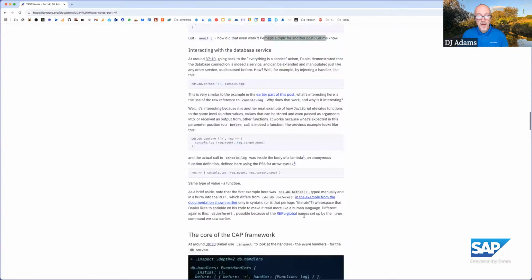Let me know. Okay, going back to the database as a service, Daniel injected this console.log, and we talked about the fact that this is just a function reference. I also take pains to point out how that example differs to this, because Daniel likes to put spaces in the code to make it more human readable, which is really nice.